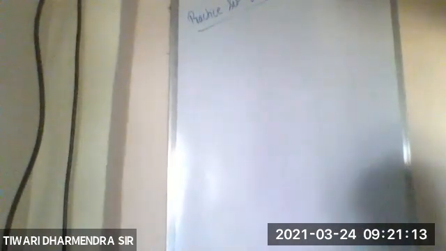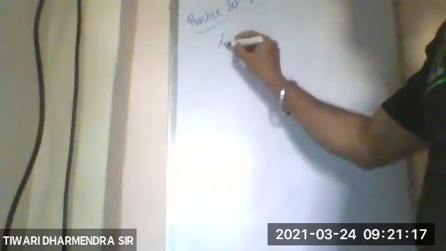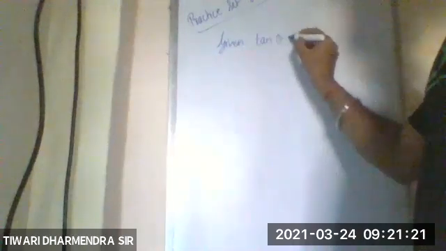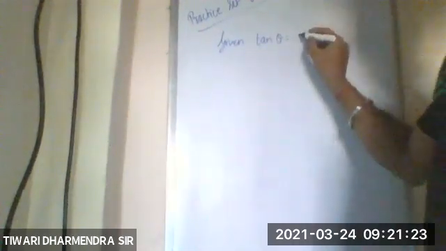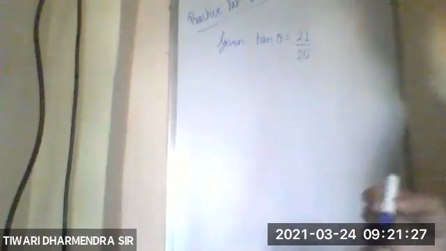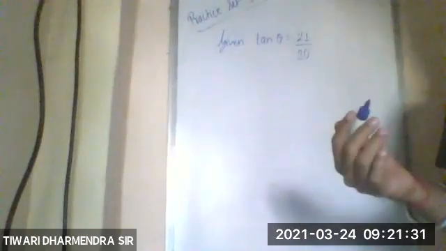So given tan theta is 21 upon 20. I'll be using the triangle method because in the triangle method, by observation, according to the formula, we can get